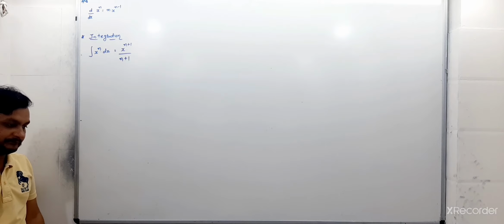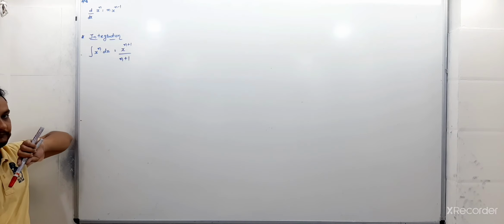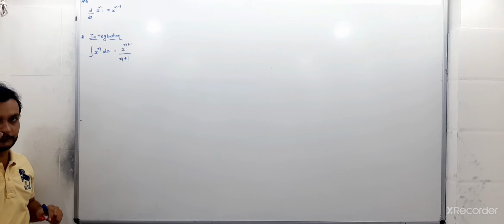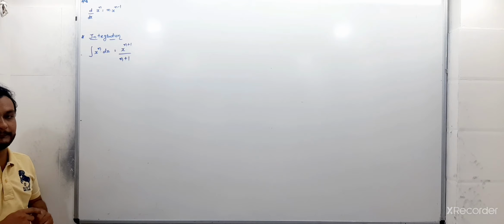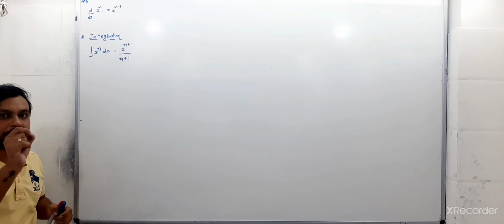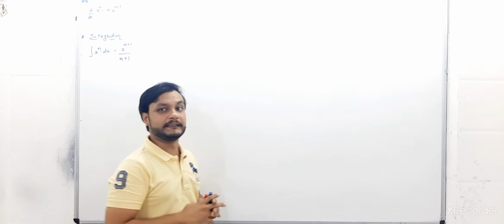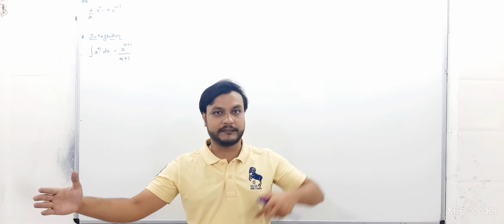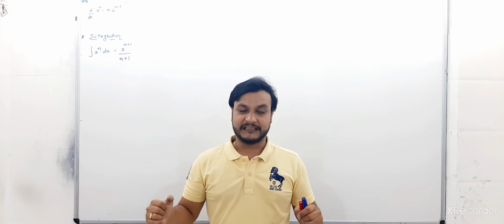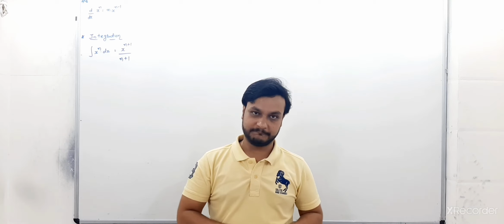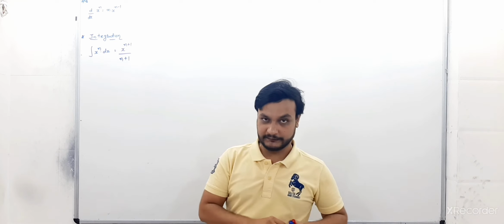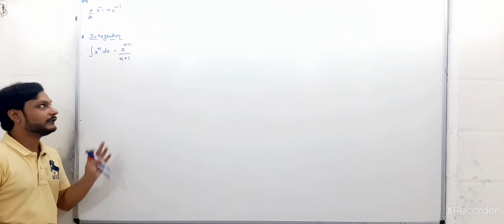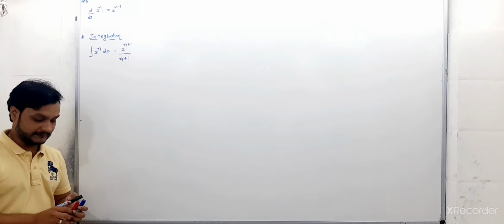There is a second difference between differentiation and integration. Differentiation shows the smallest amount, so there is no limit for the small amount because it's a particular point value. But for integration, you are combining together, so there should be a starting point and an ending point. That means we have to take limits here. How to put the limits here, we'll see after this basic thing. First of all, we'll simplify this type of thing.